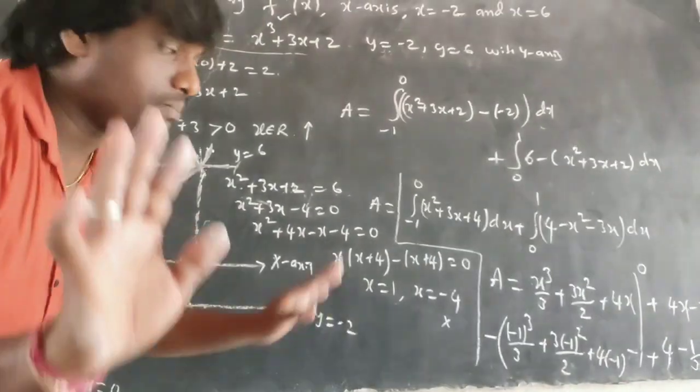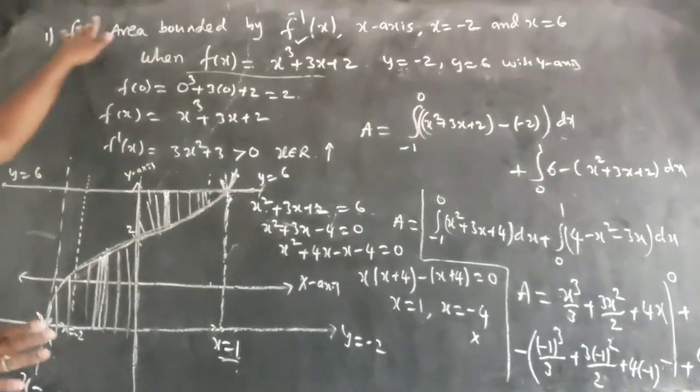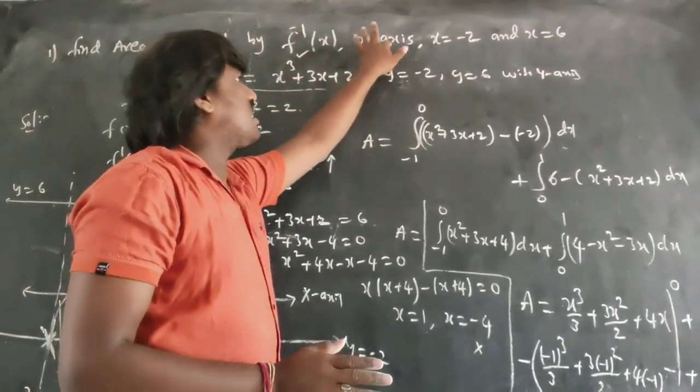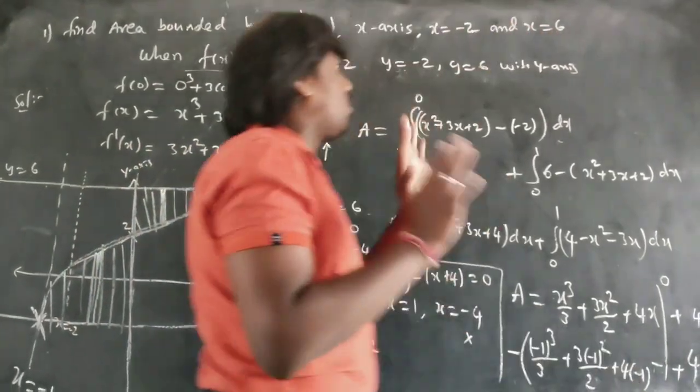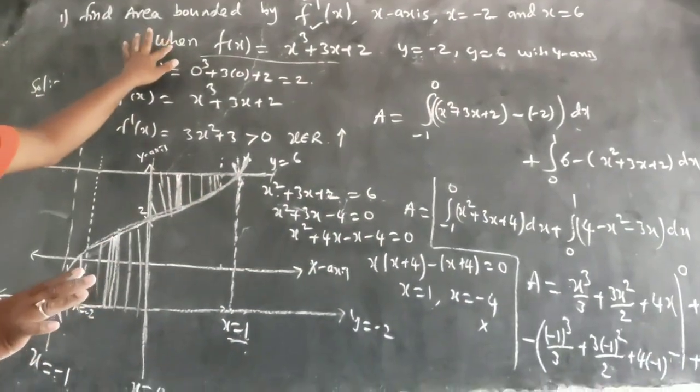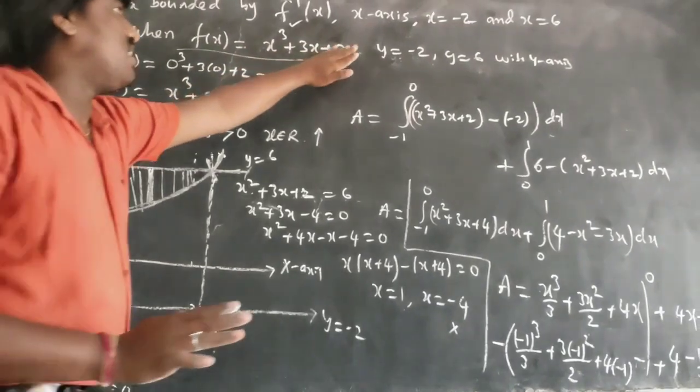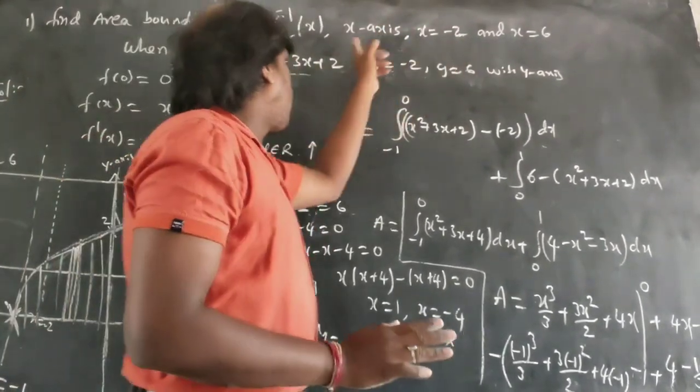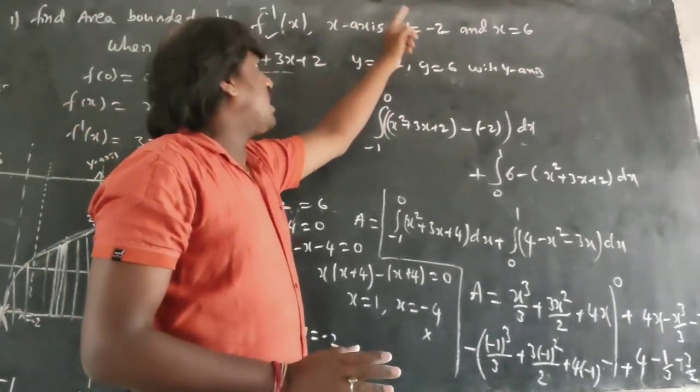I repeat one simple thing. Listen to me. If you want to find the area bounded by the function, the x-axis, x is equal to minus 2 and x is equal to 6, then the function is given this way. This is not given. What we have made is, if this area will be equal to